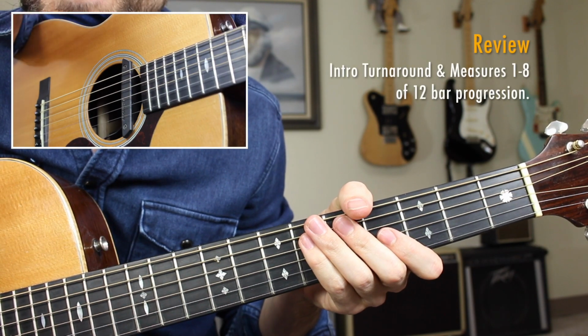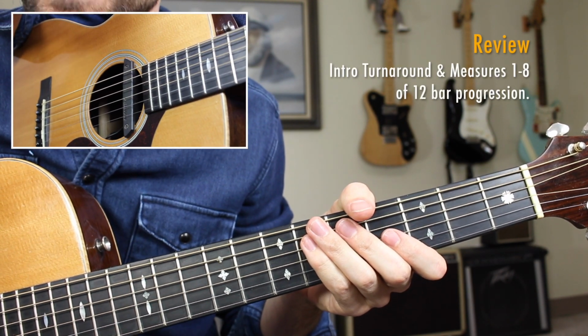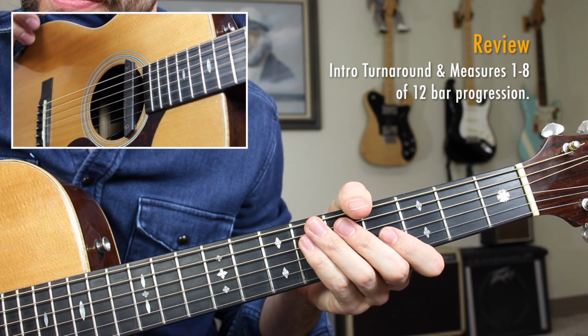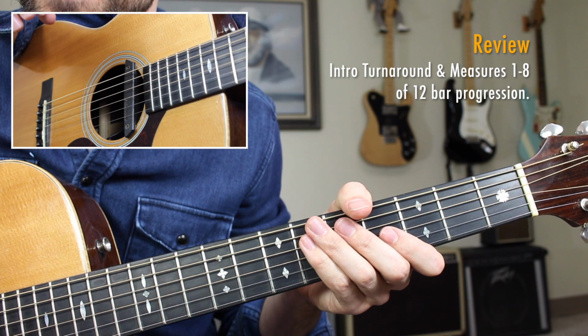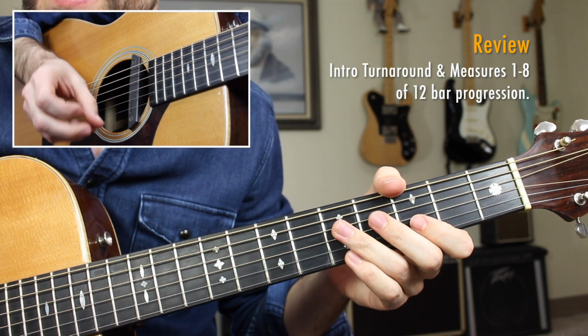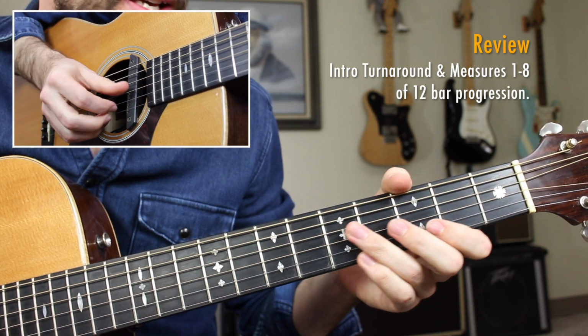Okay, playing along everything that we have so far, the intro turnaround and lines 1 and 2 of the 12 bar blues, the E7 to A7 and back to the E7 changes. It's going to sound like this. 1, 2, 3, and...